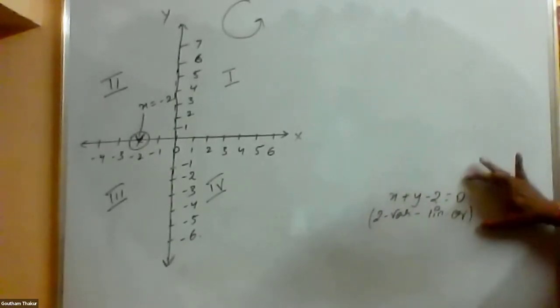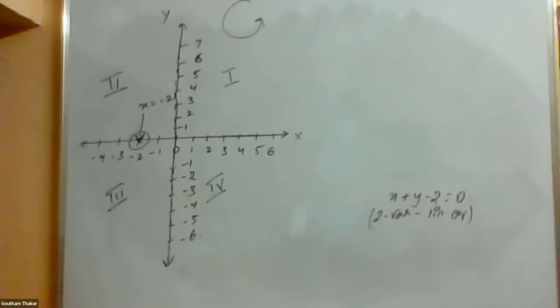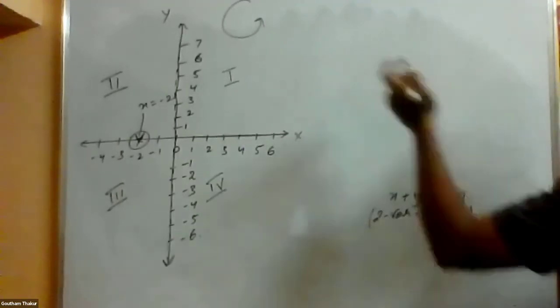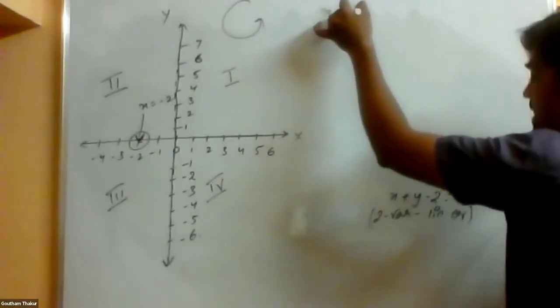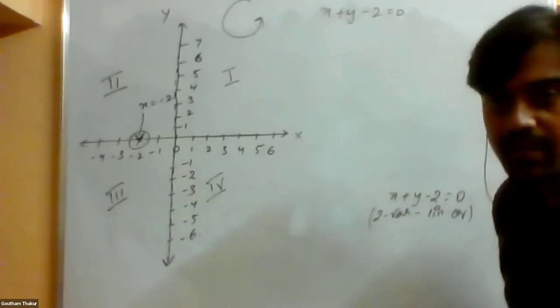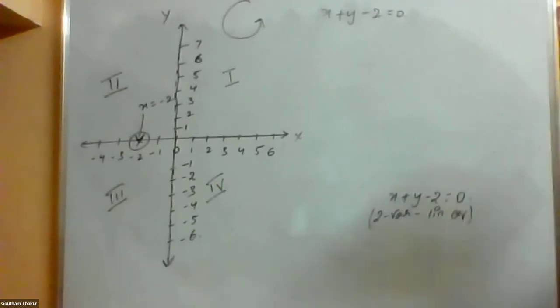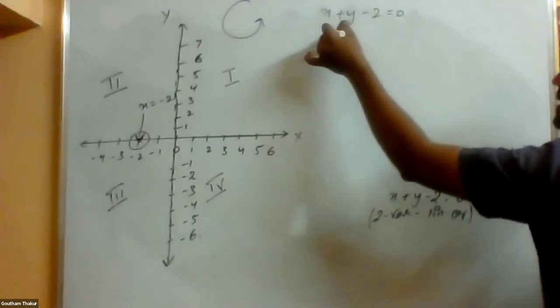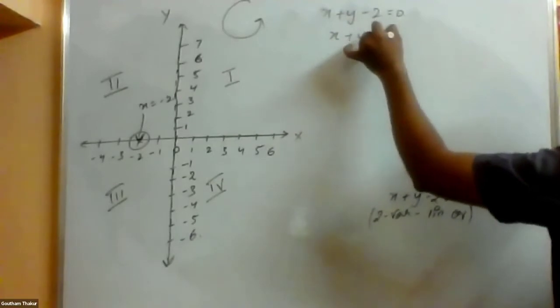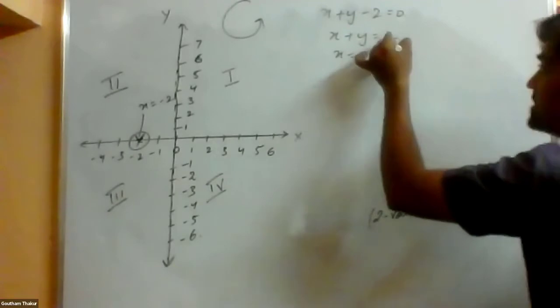Now, first and foremost, I'll rewrite the equation in such a way that one variable is dependent on the other variable. That is x plus y minus 2 equal to 0. Let me take it in this way. Yes, beta, I'll be asking you questions as well. If I re-represent this, x plus y is equal to 2, so x is equal to 2 minus y. Now let's fix this.